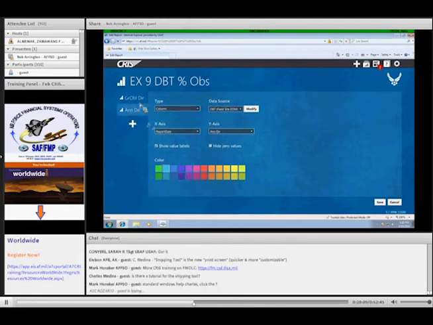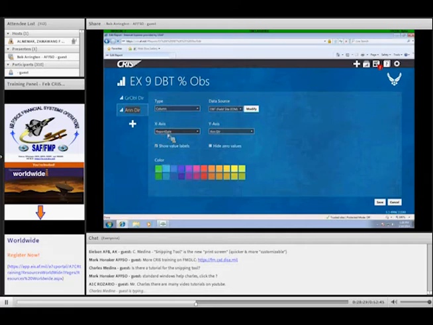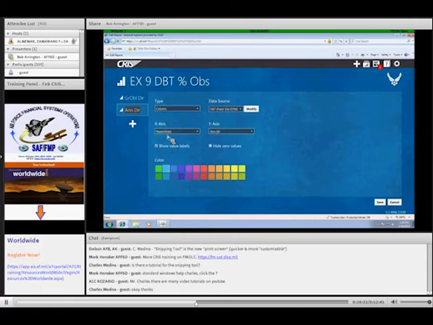My x-axis, the axis across the bottom of the screen, the horizontal axis, I've got it set as report date for both of these. Notice when I click the gross obs direct, it says report date, and also when I click the annual direct, the x-axis says report date. Okay? So in other words, I'm going to be looking for report dates across the bottom of the graph. My type of chart is column, and my data source is the DBT. Those two will default depending on what kind of a graph you select.